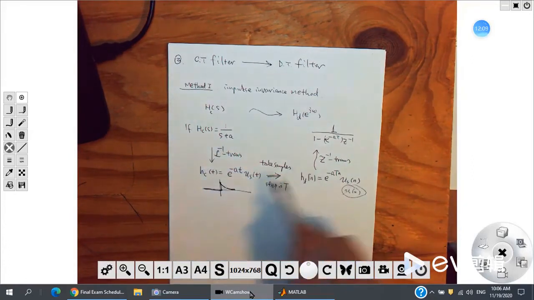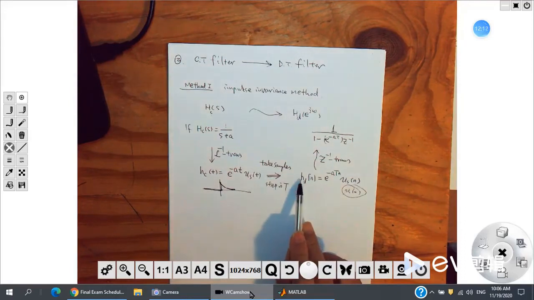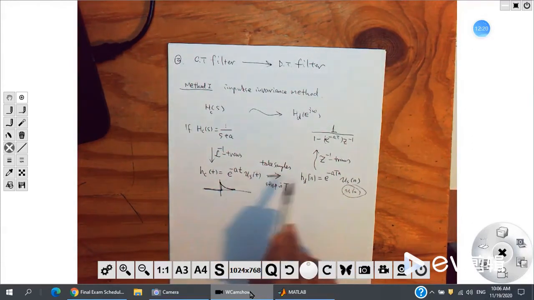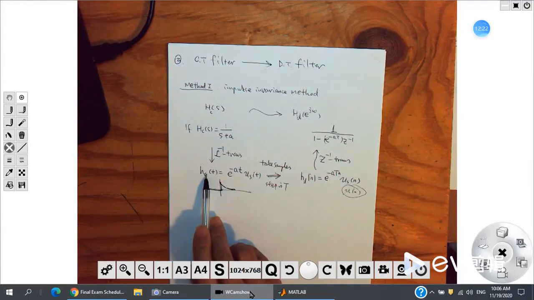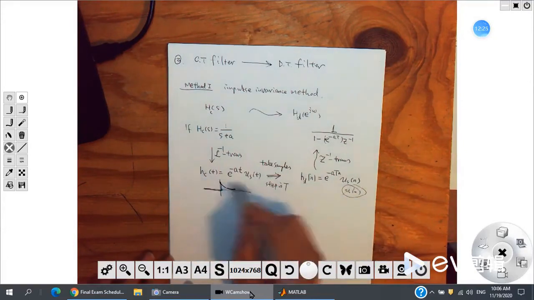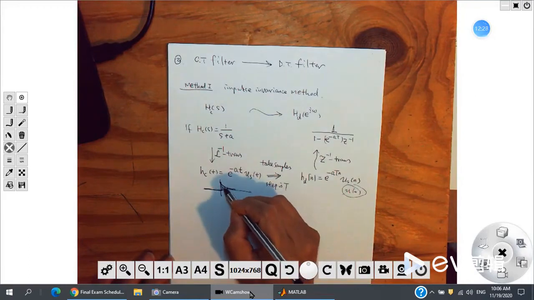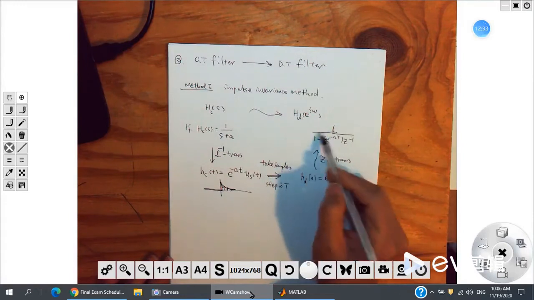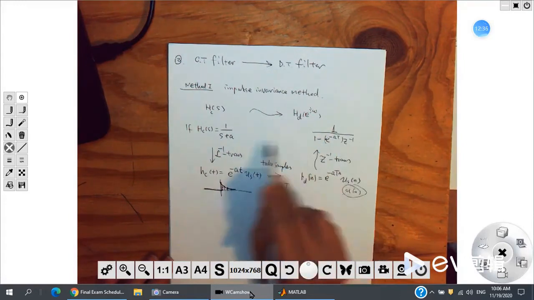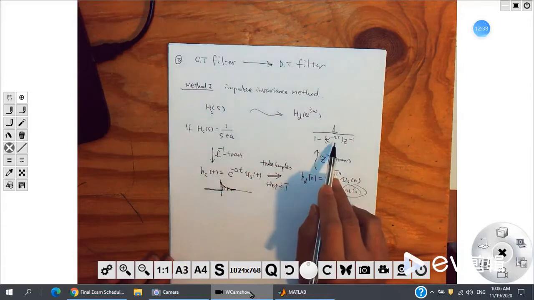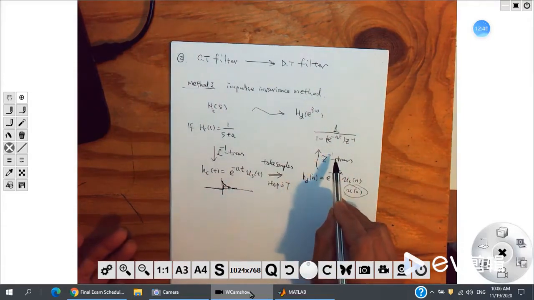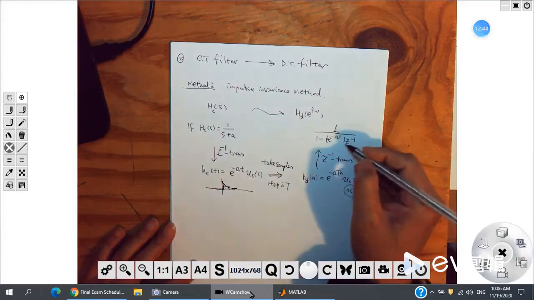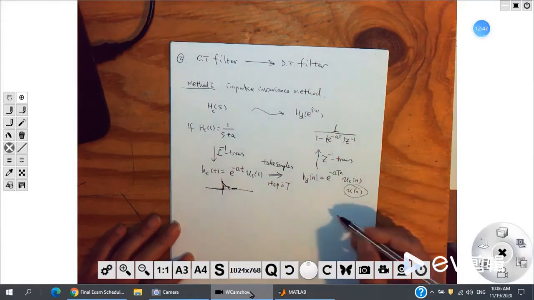By this way, we have the same impulse response. The impulse response h_d is a scaled version of h_c. So if you look at the graph, they look similar, like this. Then you go to the frequency response. How about the difference between these two frequency responses? Are they the same? Are they similar? Actually, if you want them to be similar, you need to remember when we take samples,